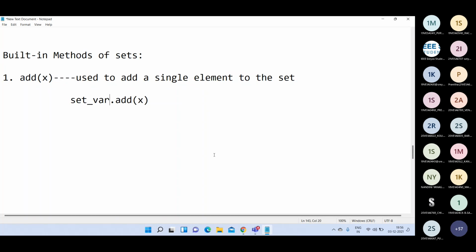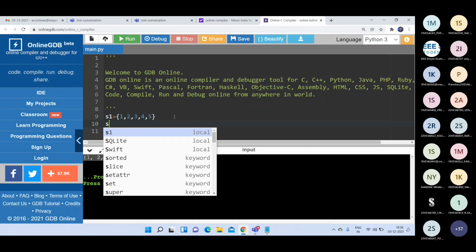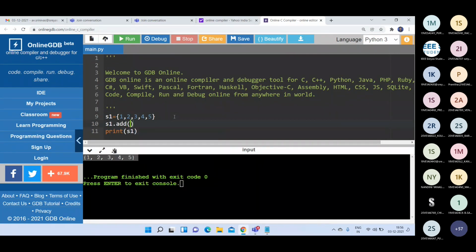See here, already we have 1, 2, 3, 4, 5. If I write s1 dot add of 6, then it will print 1, 2, 3, 4, 5, 6. See here, 6 is added at the end.